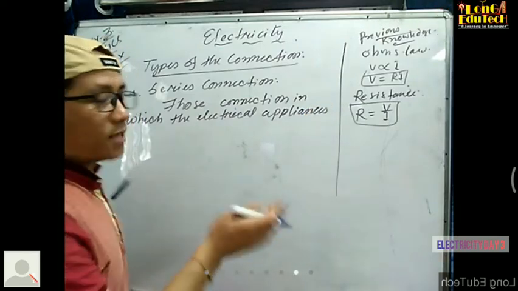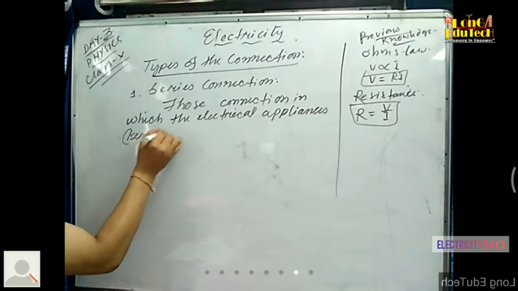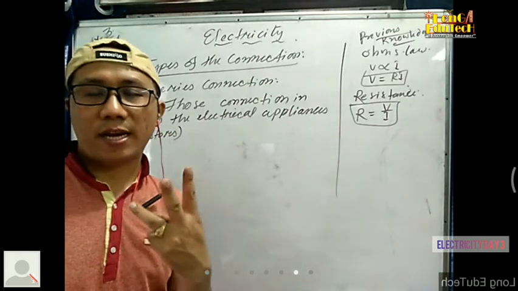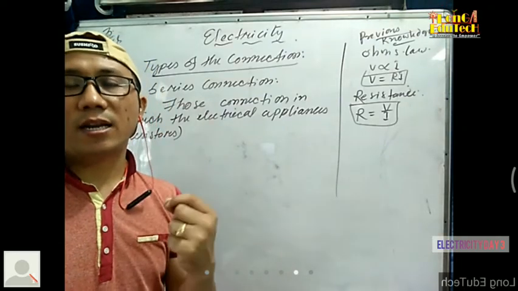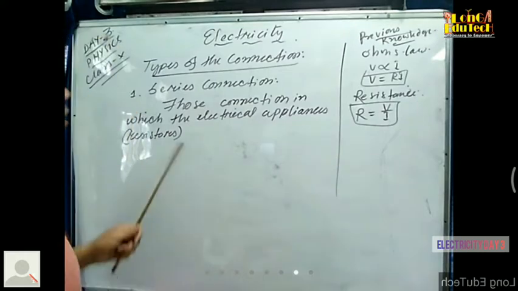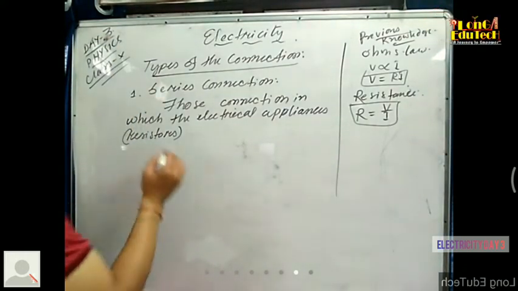Instead of appliances we can write resistors, because every appliance has resistance, it opposes the flow of the current, so they can also be known by the name resistors. Fine. So those connections in which the electrical appliances or resistors are